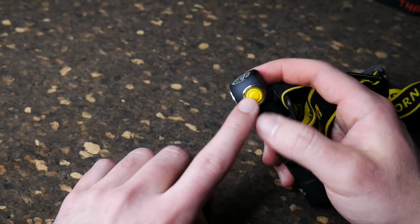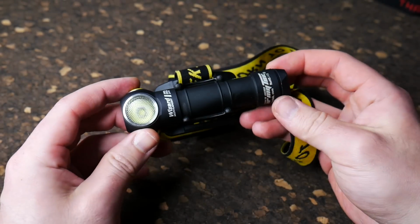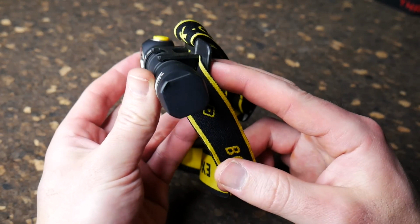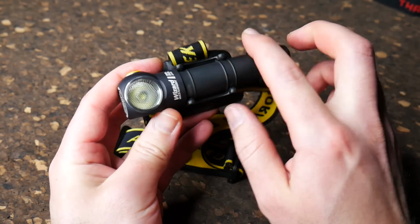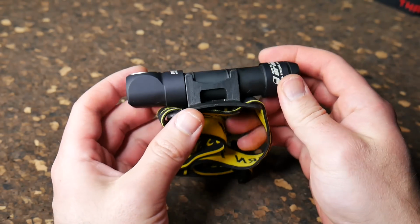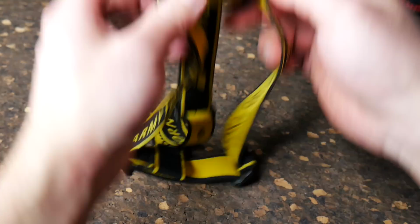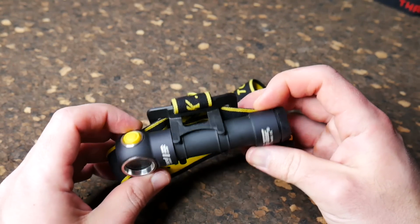So it also has a little light on here that shows the status of the battery at any given time, and it's really just a great all-around flashlight, really low profile to your head, and the light is technically off center, but since it has so much flood, it doesn't really affect me. So like I said, this is my go-to headlamp, super powerful, pretty expensive, pretty bomb-proof, but if you have the money to spend and are looking just for a really, really solid flashlight, I can definitely recommend this